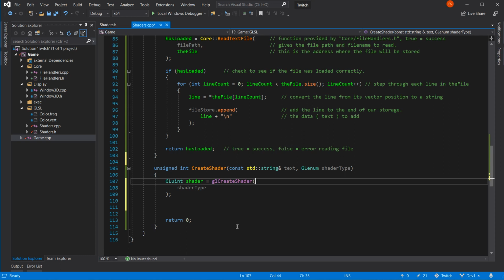So what have I just done? What have I just done? glCreateShader. What does that really do? It creates space on your graphics card for a shader. And returns an identification number.